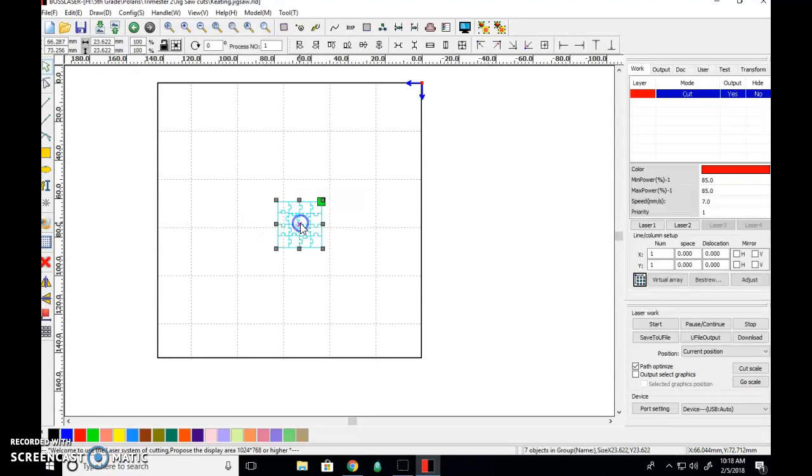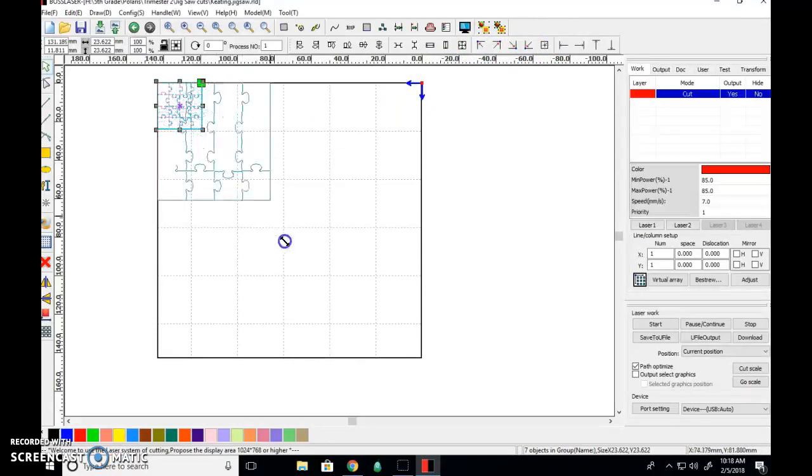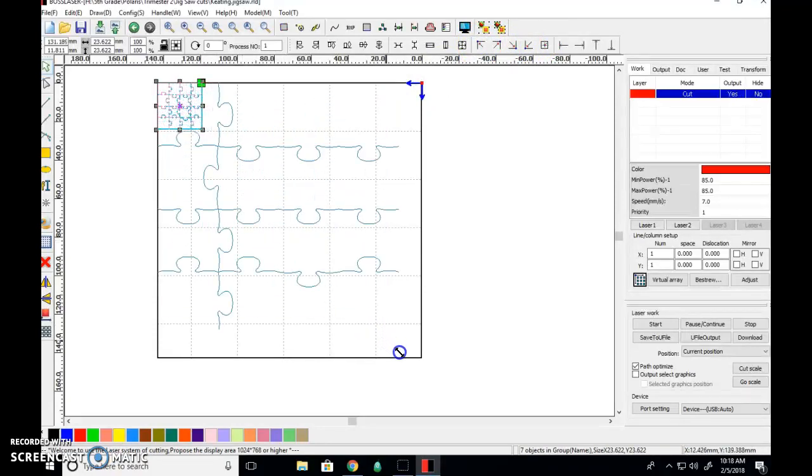You're going to know if you haven't done that when you try to move things around. Next, I'm going to select the object, and I'm going to come up here, and I'm going to send it to the top left corner. You see how I have all these choices up here? So I'm going to send it to the top left. Next thing I'm going to do is I'm going to grab this corner, and I'm going to drag it all the way down